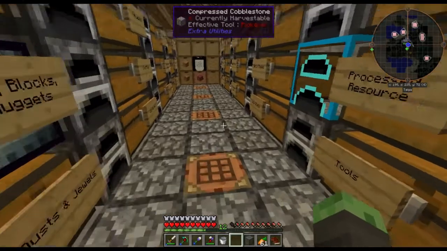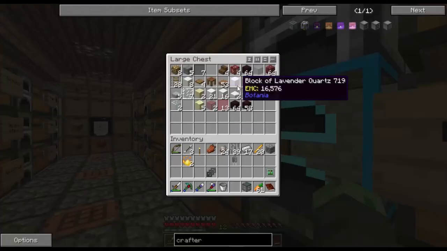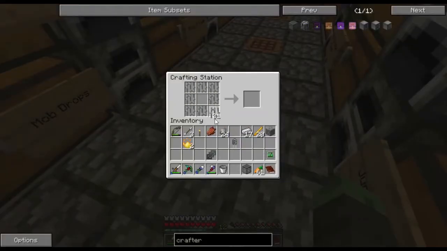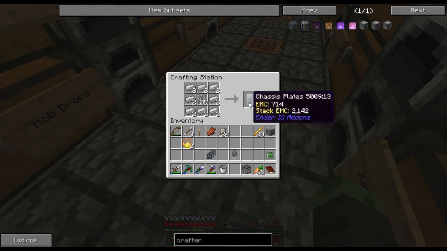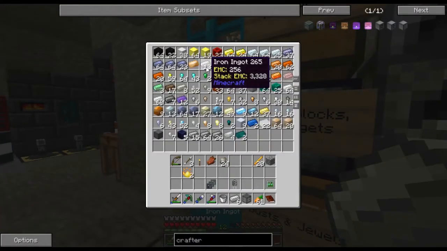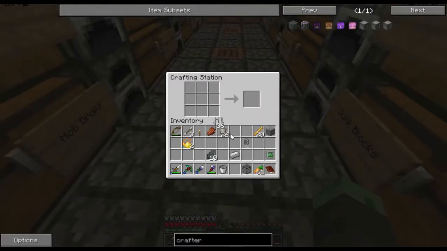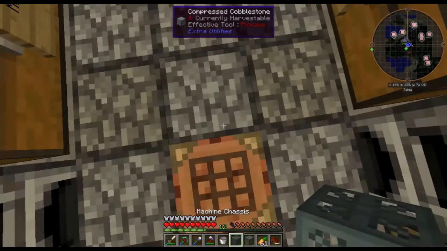Anyway, we should have some vents now, or iron bars in our inventory. We need, no, wait, no, what am I doing? It's the other way around, of course. So we need that 6, we're gonna need 3 crafts for that. Perfect. And now we have our second machine chassis, which goes right here,